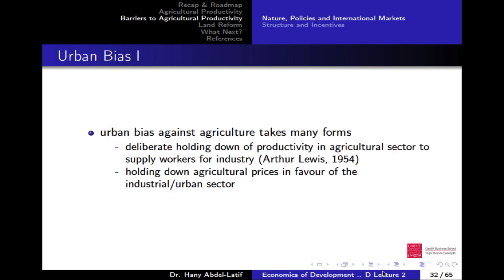This is the third element, or the third factor. We already discussed this in the previous lecture. When we talked about pricing agricultural products, we said that keeping the price of agricultural products low was a general policy in developing countries, because they want to develop their industrial sector. So they thought it's a good idea to keep productivity and prices low in the agriculture sector, just to serve the industrial development. So they want to push the industrial sector forward.